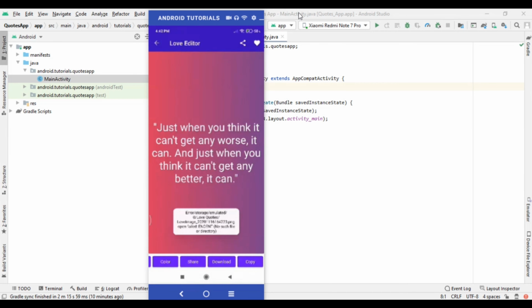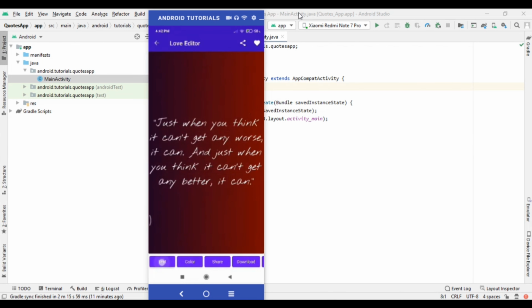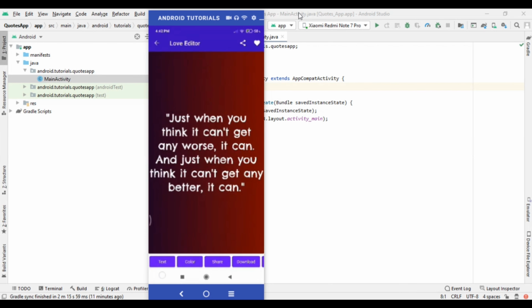It is generating an error here, I don't know why. Then the copy button. You can see that this text is not movable here, but in our application this text will be movable, so that we can drag it anywhere. And here is our text, you can add as much text as you want.